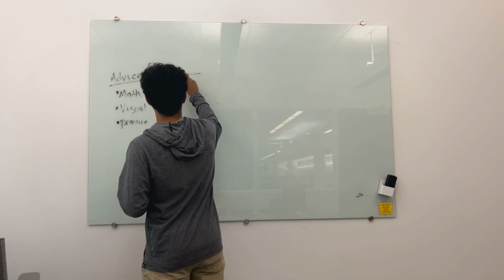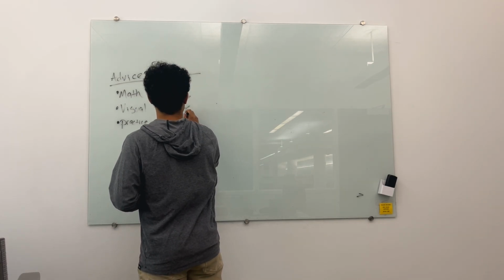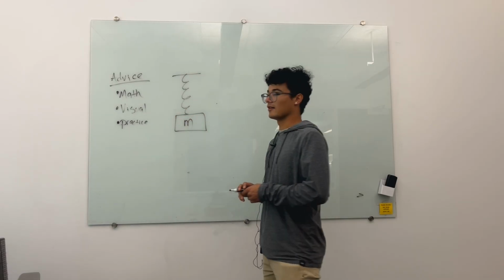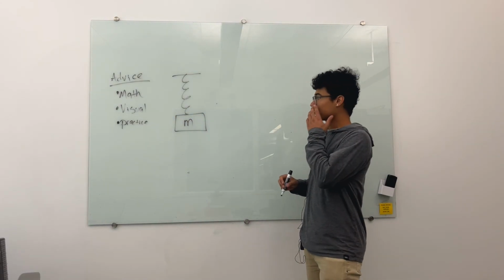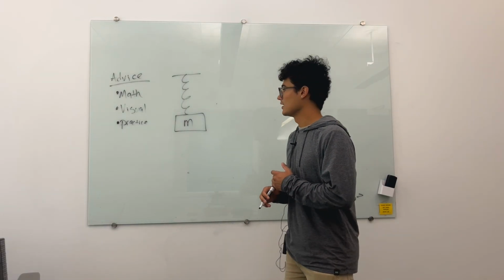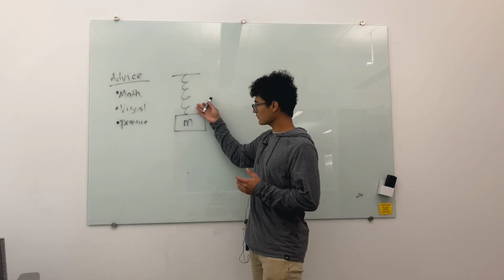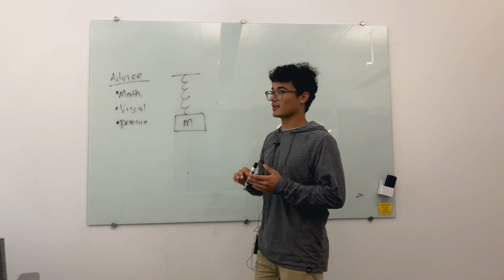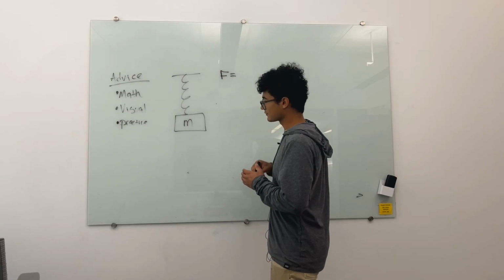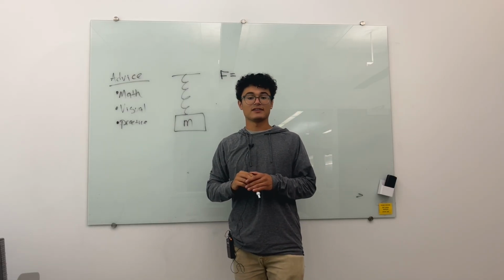So let's say we have a spring here, and we have a mass. We give that mass little m. So some things about the spring, you don't need to understand this, but I'm just going to show you some applications. So there are some qualities of the spring that we care about. So if you remember from physics, we have Hooke's law, which is F equals